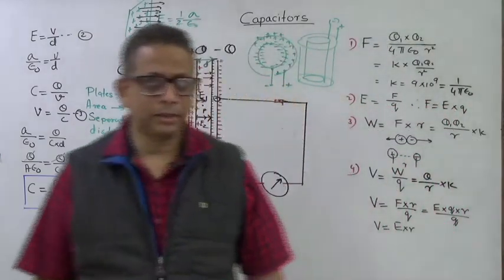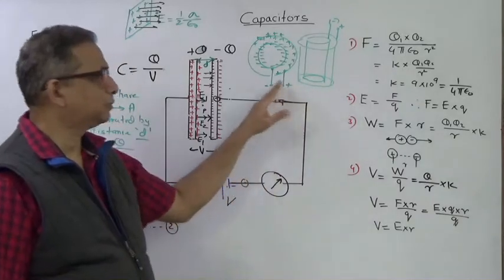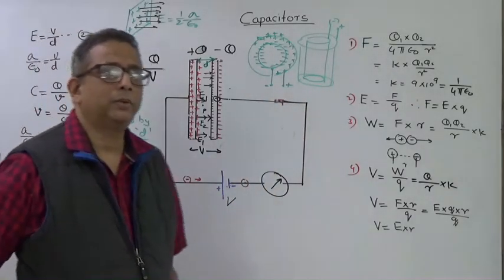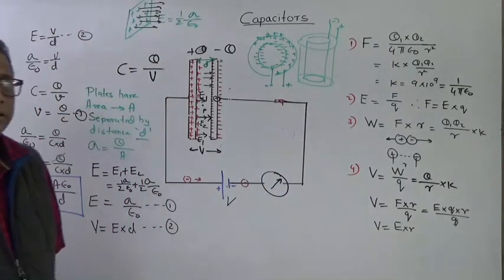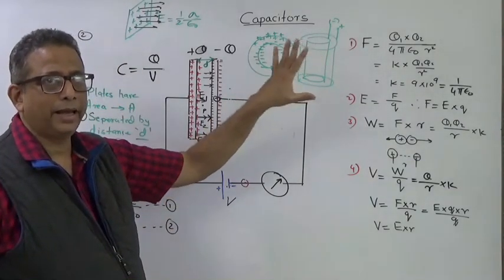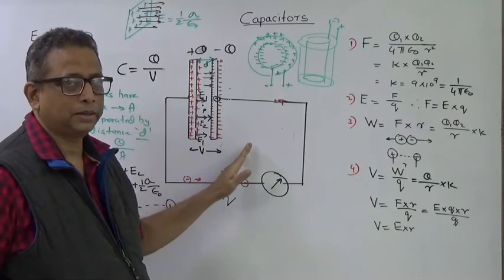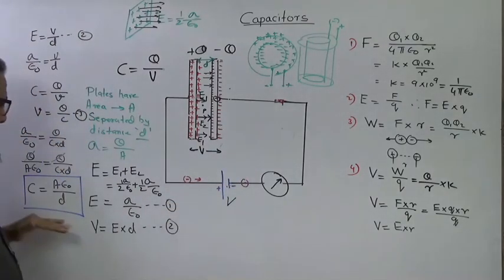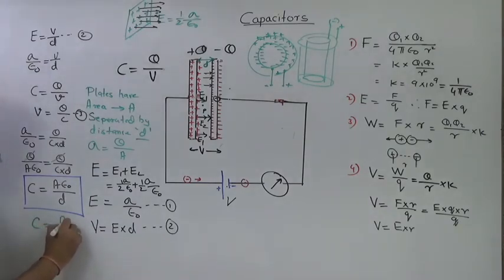But these two capacitors right now are not in your syllabus for solving the equations. They will be there only for the advanced part. So right now just understand that these two capacitors exist along with the parallel plate capacitor, and this is going to be the equation for a capacitor. Write down one more variation of this, that C can be written as A upon D by epsilon naught.